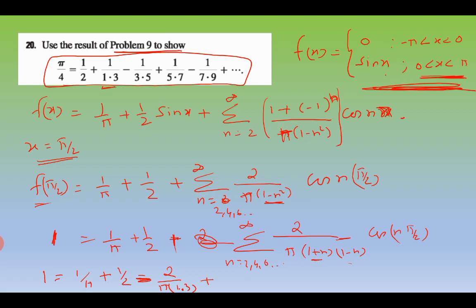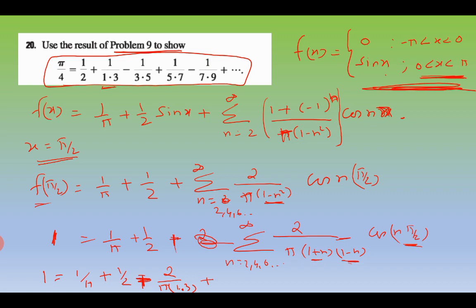Next will be plus, because there will be negative here, and there will be plus here actually. When n is 2, cosine pi is minus 1, and there is a minus here, it will be plus, and then another term will be again plus or